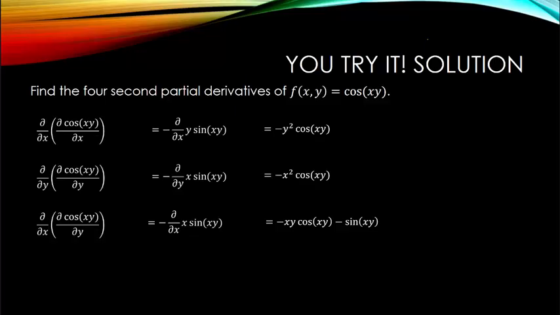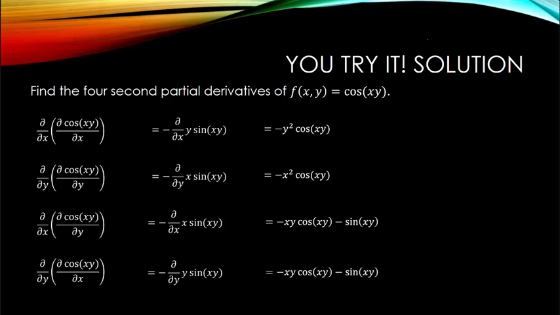minus sine of xy. And the partial derivative with respect to y of the partial derivative with respect to x of the cosine of xy gives me negative the partial derivative with respect to y of y sine of xy, and this gives me negative xy cosine xy minus sine of xy, which is exactly the same for my two